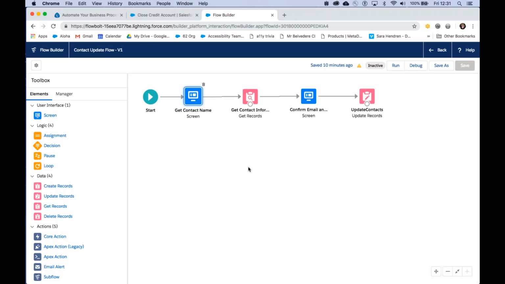Okay. And Rachel asks, can you talk about the saving again? It sounded like it would be exactly like Process Builder is now, where you need to create a new version in order to edit. Is that correct?